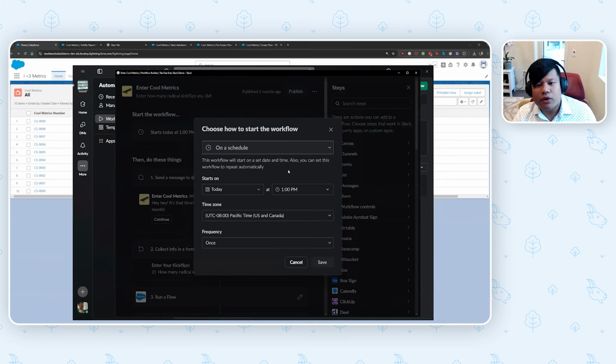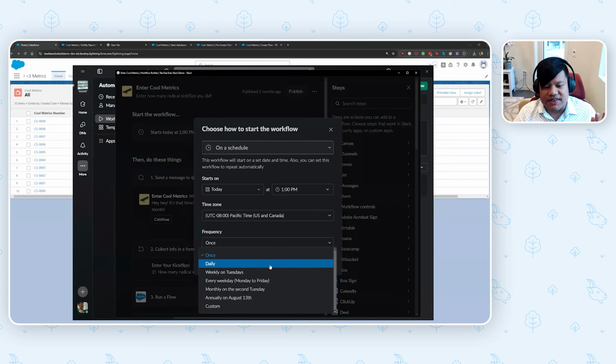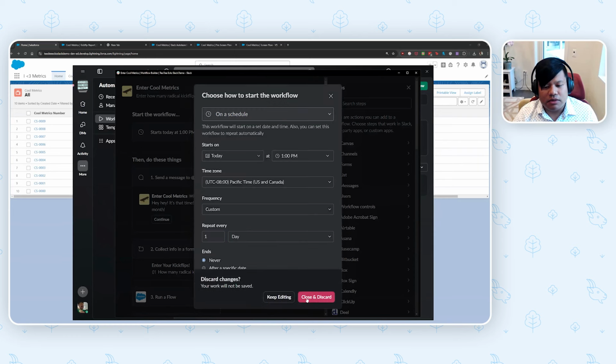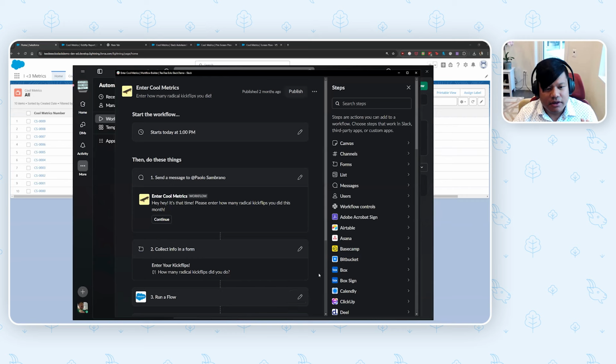We do that with Slack Workflow Builder by telling it that we want it to go on a schedule. There are other ways to fire workflows. You can use an emoji, or when someone uses a channel. But again, we wanted to get this on a schedule. So let's say we want to have this run today at about 1 p.m. in a specific time zone. And for frequency, we can set it to daily, weekly, monthly, annually. We can do custom, so we can just have it run every 90 days or something. So that's how we're going to get it into our users' hands in Slack.